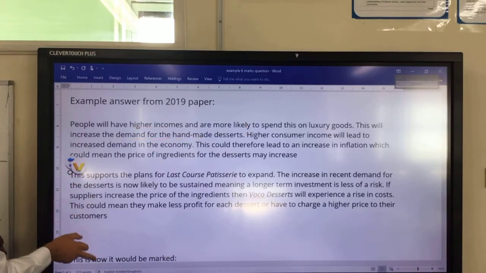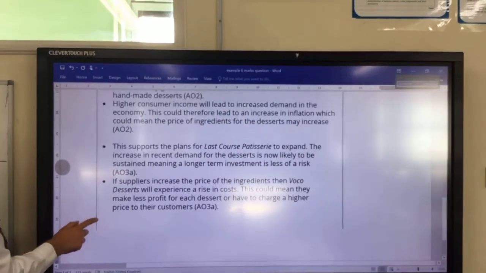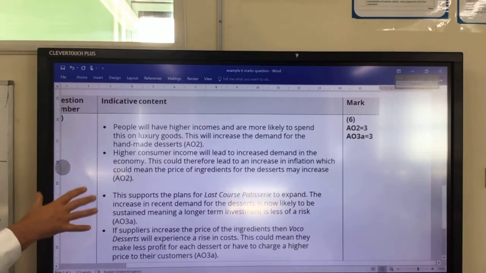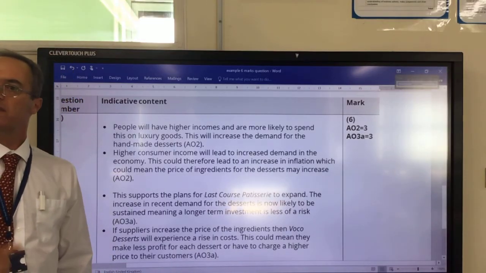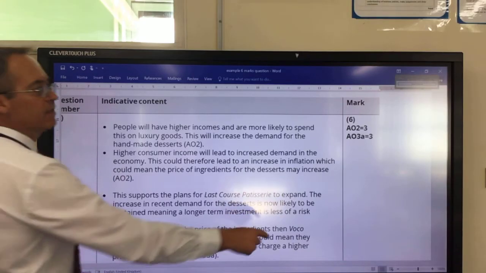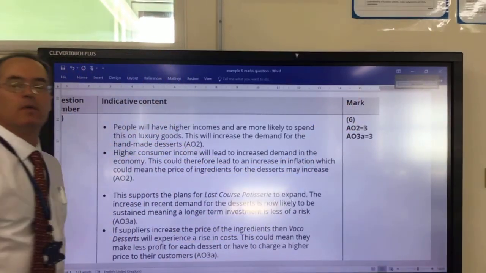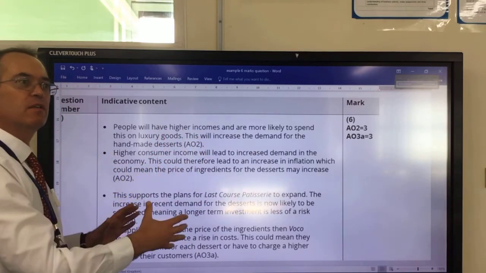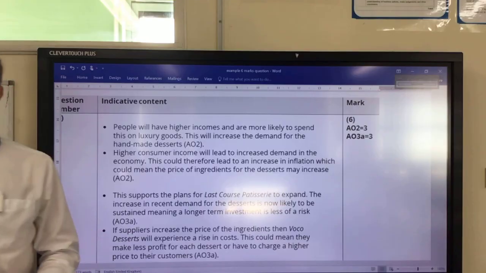Now, if I scroll down, this is how the same text would be assessed when the exam would be marked. And then here you've got exam board speech for how they are assessing this and deciding to award it this